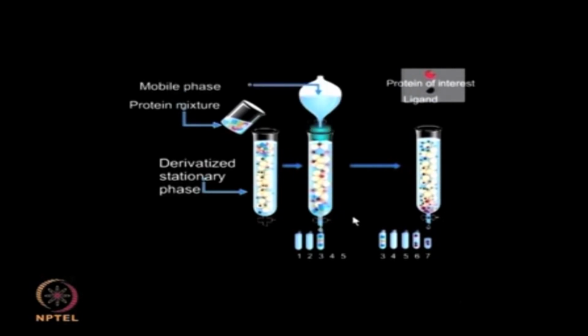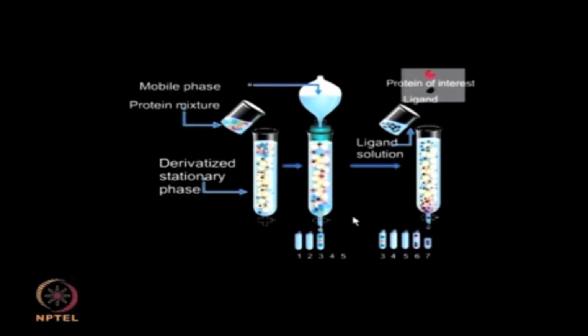Mobile phase: following the sample loading, the unbound proteins are washed out of the column using a suitable mobile phase. Depending on the protein of interest, this could be either water or sometimes a salt solution. The ligand solution: this solution is passed through the column to elute the bound protein of interest. Since it contains the same ligand that is bound to the column matrix, it is capable of eluting the proteins